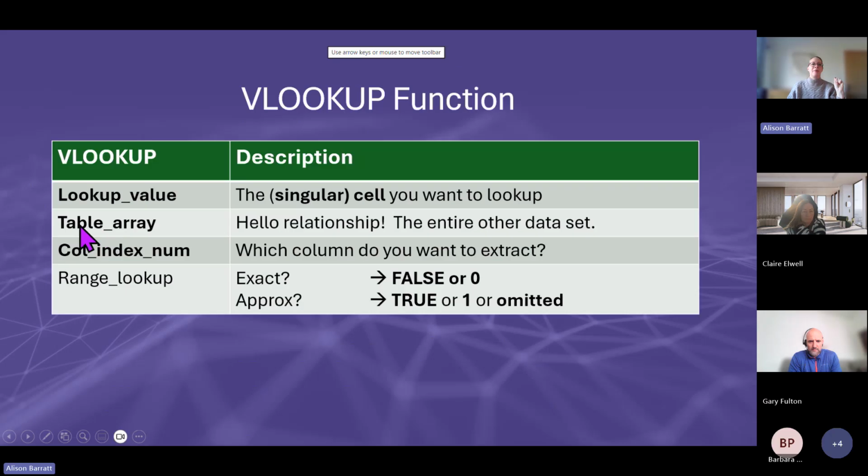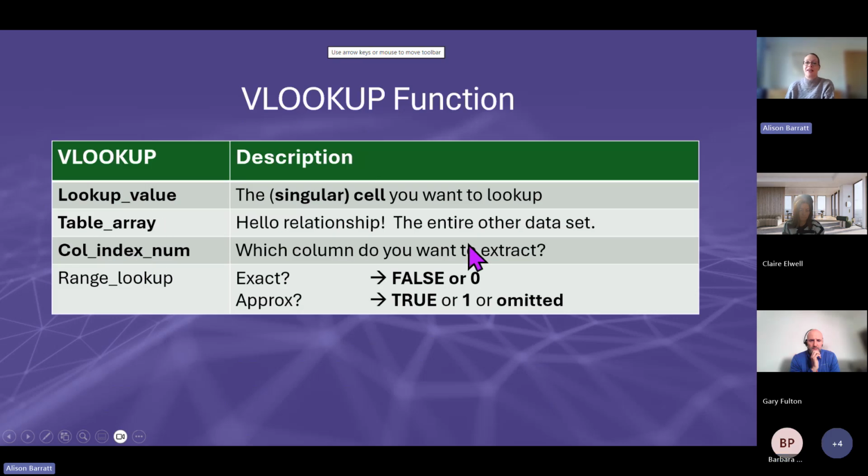And then we've got a table array. So your table array, hello relationship, is the entire other data set. That would be with the academy code and the associated academy name. That's the other data set. Your column index number, you're still going to go back to that secondary data set because you want to extract a column. You want to pull through the academy name from that secondary data set. Now, these 3 that we've just talked about are mandatory. You have to put something in each of those 3